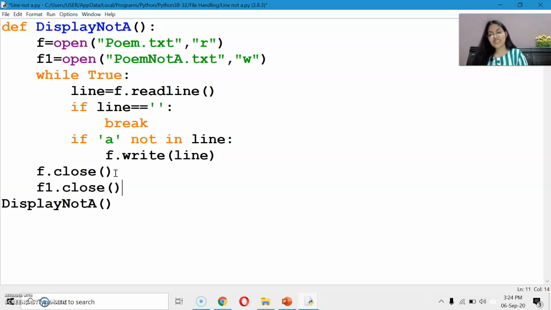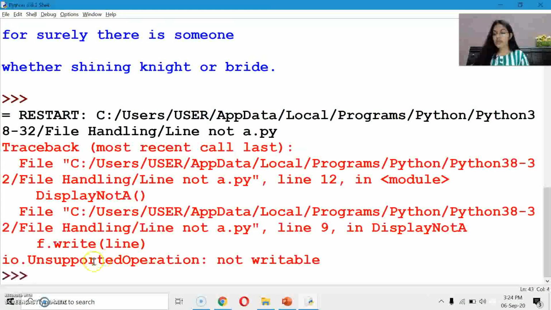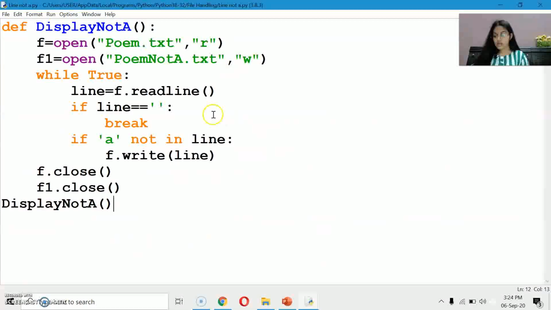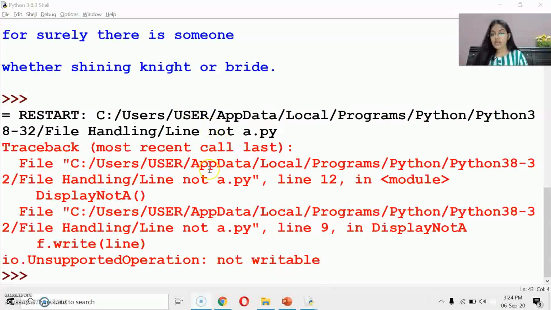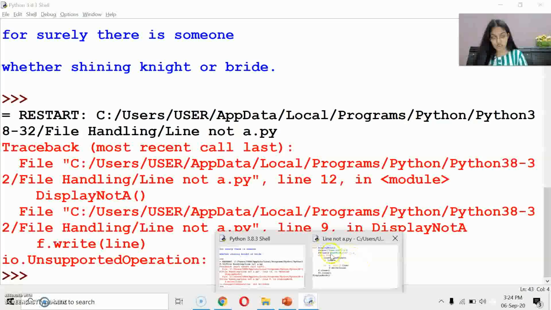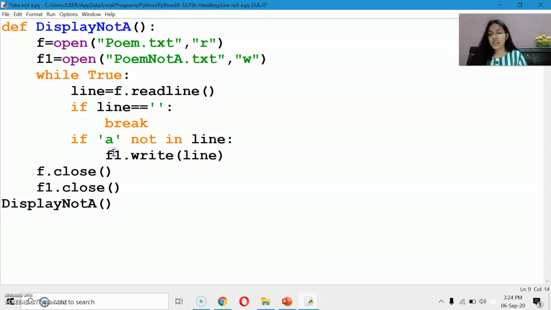It's so simple. Okay? Now let me just execute this. Yes, it is showing the error, operation not writable. Yes, because, let me just show you, here we will use f1.write, because we have to write the data in poem not A .txt, which has the file handle f1.